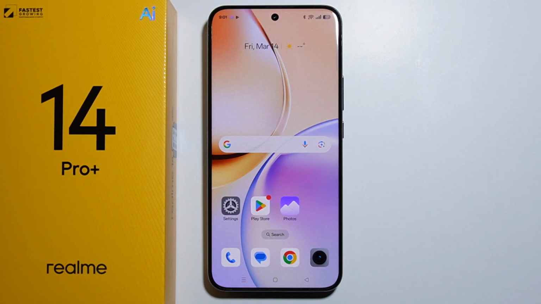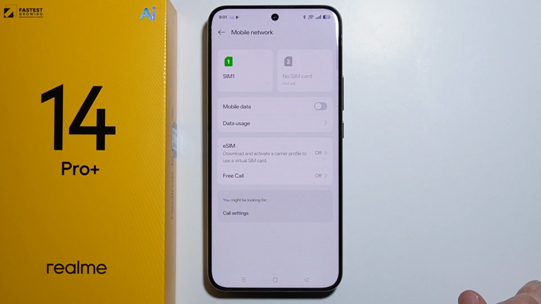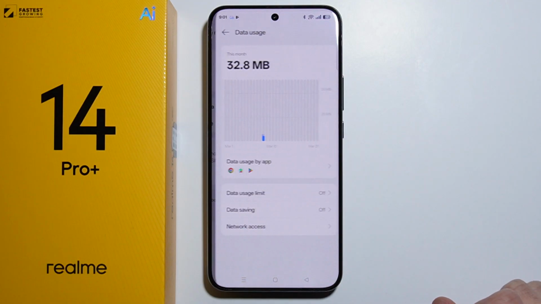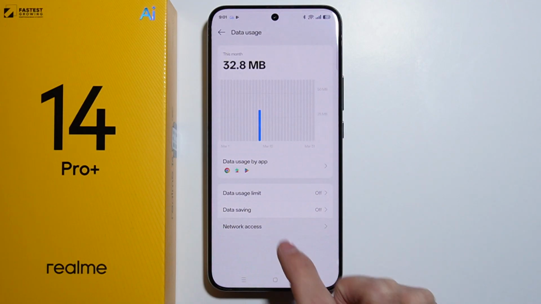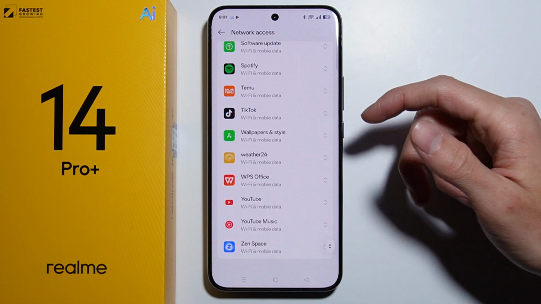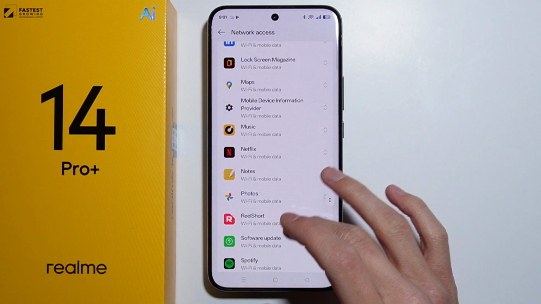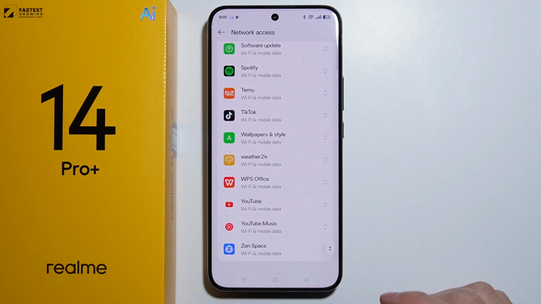Hello! To set up network access for applications on the Realme 14 Pro Plus, all you have to do is go into the settings. From here, go into the mobile network, and then you have to go into the data usage. From here, we go into the network access, and right here we will have the list of all the applications on our device. And for example, actually all of them are enabled to use both Wi-Fi and data network